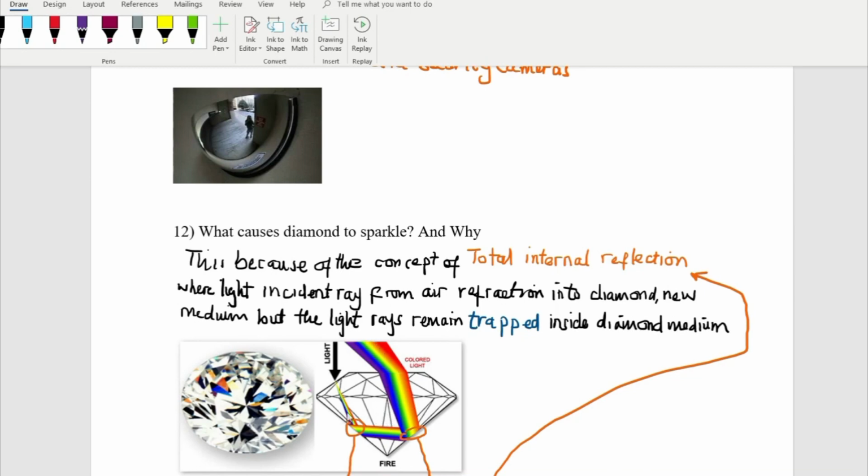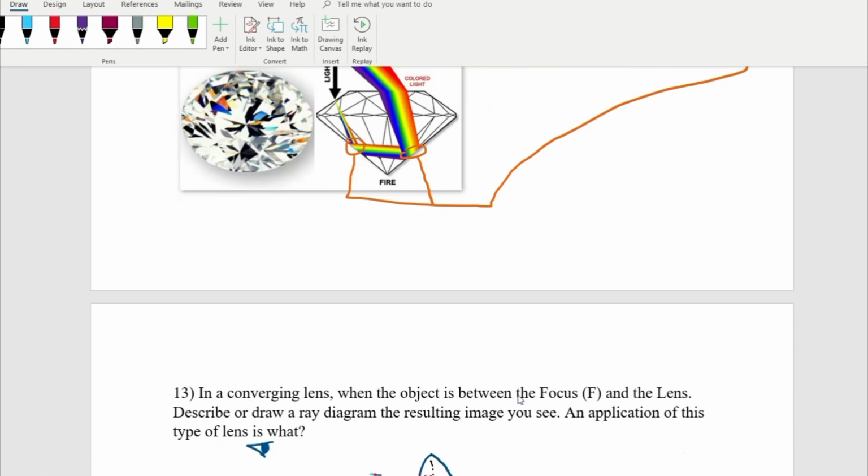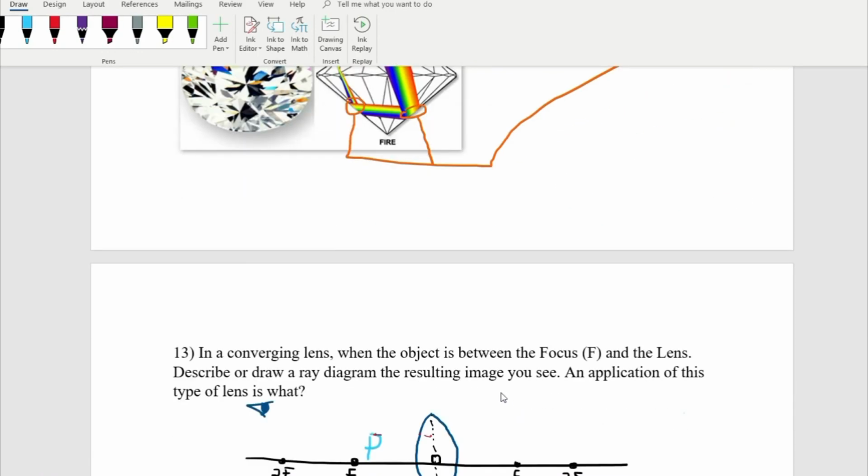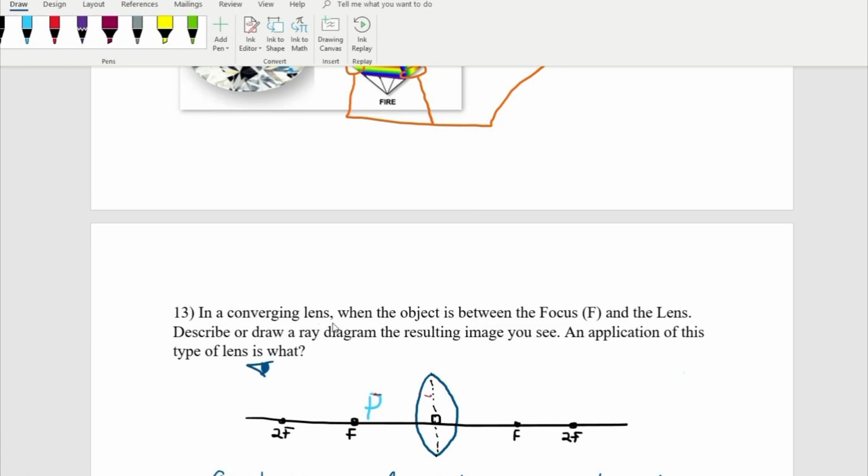All this is due to the internal dimensions that a diamond has, where the plane mirrors in it cause a couple of reflections internally, which results in the sparkling effect happening in diamonds, which is pretty cool. Now number 13 talks about a converging lens, and in here we're going to see an object